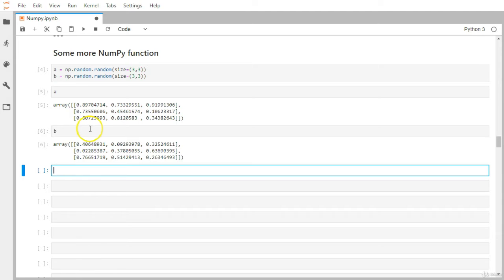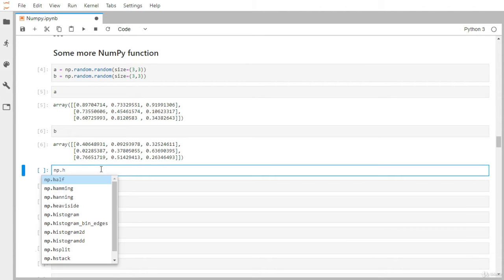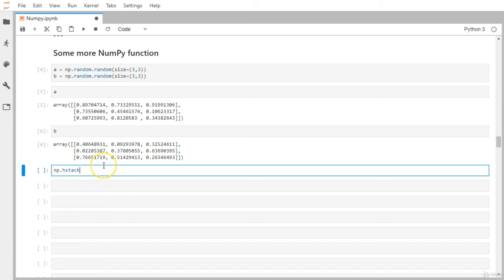Now let's say we want to put this particular matrix beside here. So at the end we'll have 3 rows, but instead of 3 columns, now we have 6 columns. So let's say hstack, and all those matrices you want to horizontally stack, you can just supply as a tuple.